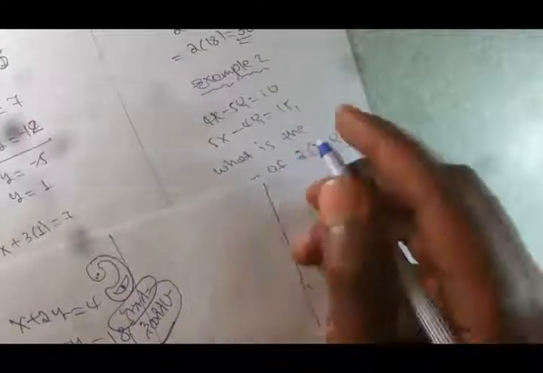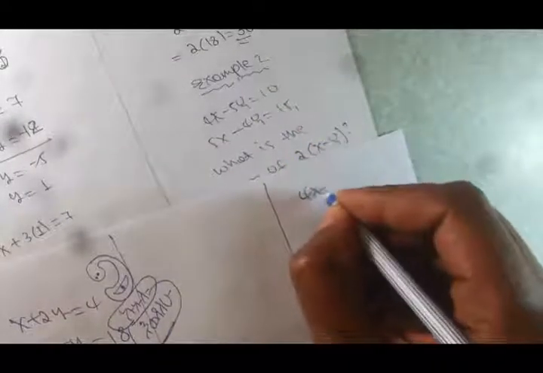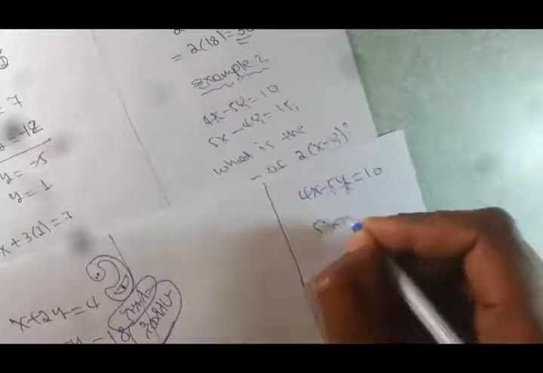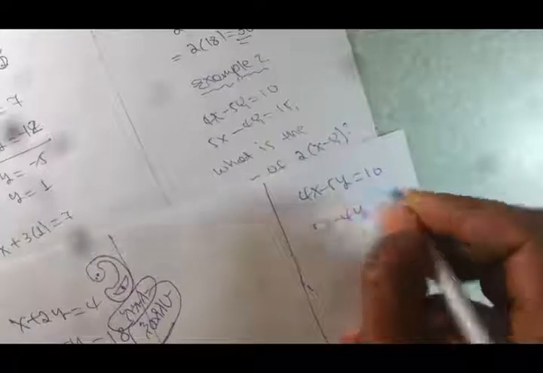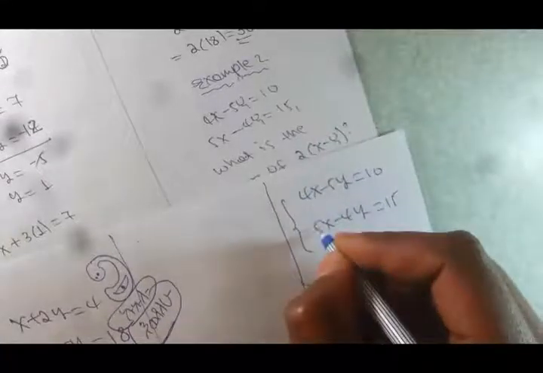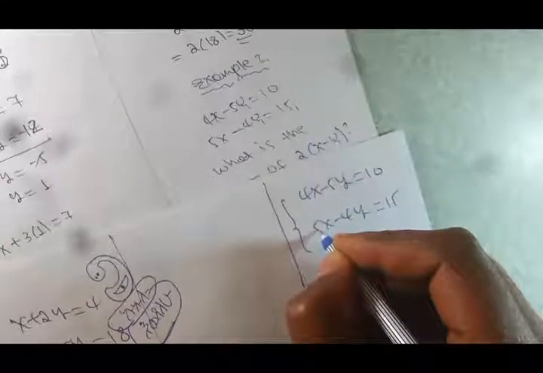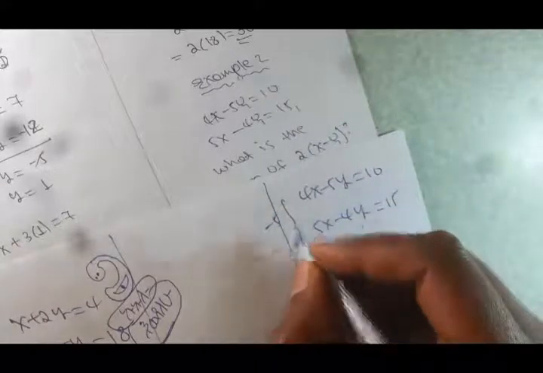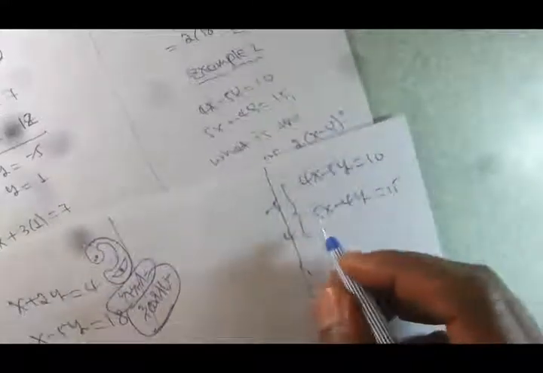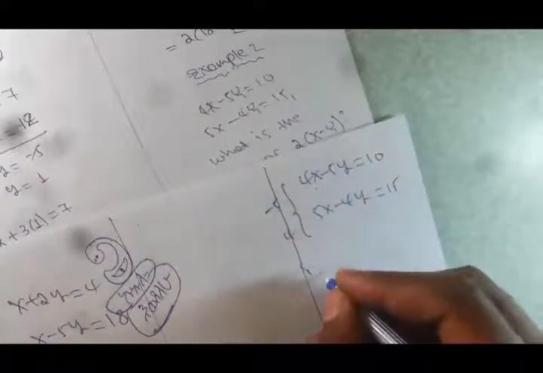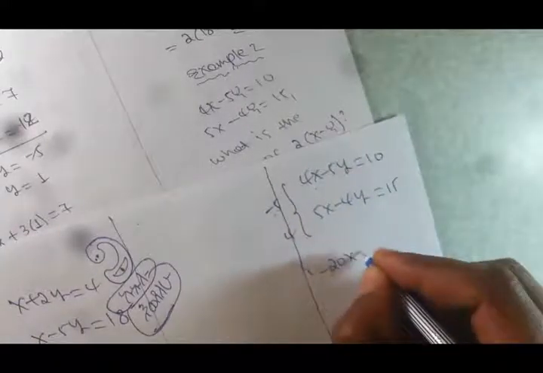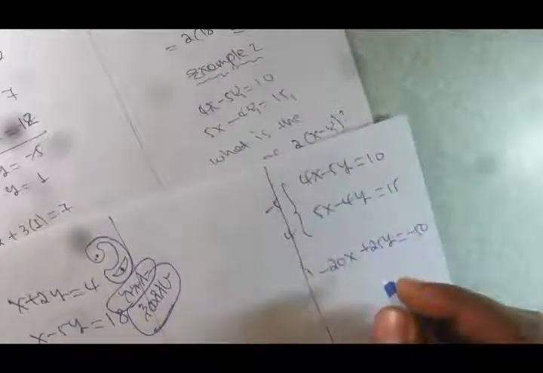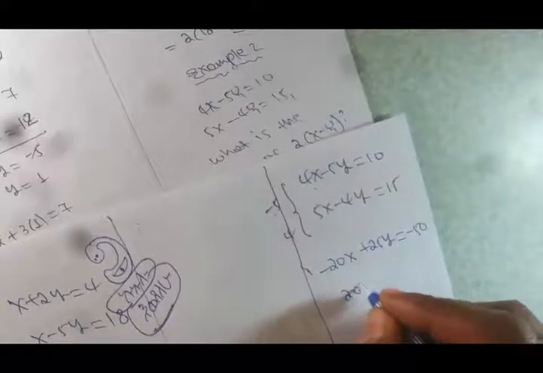And example 2 is given by 4x minus 5y is equal to 10 and 5x minus 4y is equal to 15. The first step is to multiply by minus 5. Negative of minus 5 is minus 5. 4 times plus 1 is 4. So this is equal to minus 5 times 4, minus 20x plus 25y is equal to minus 15, and 20x